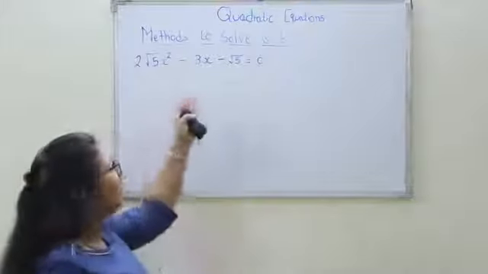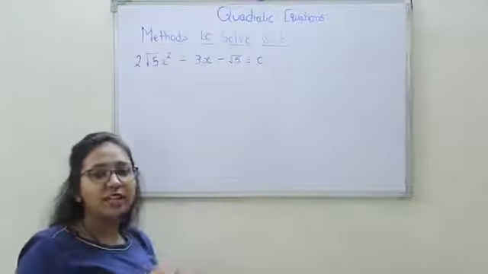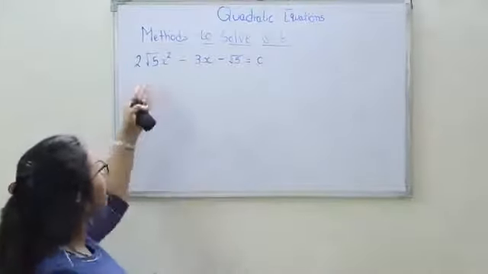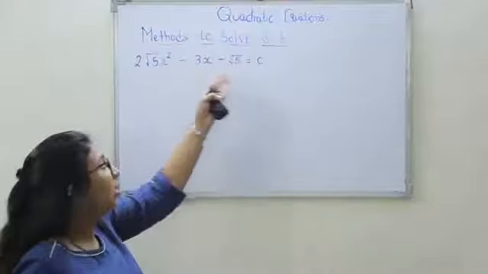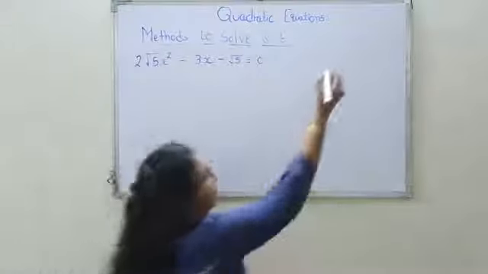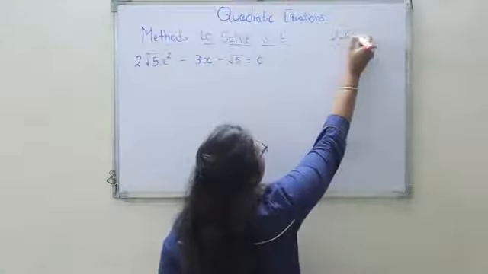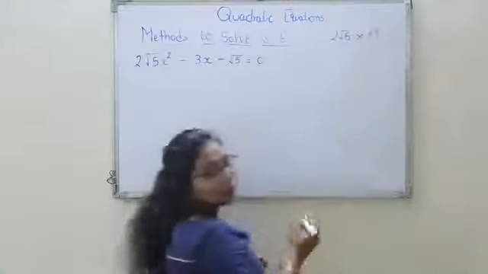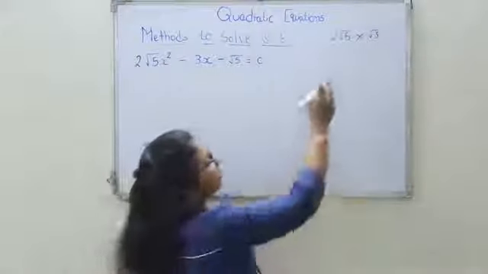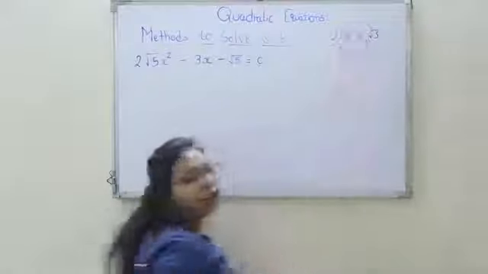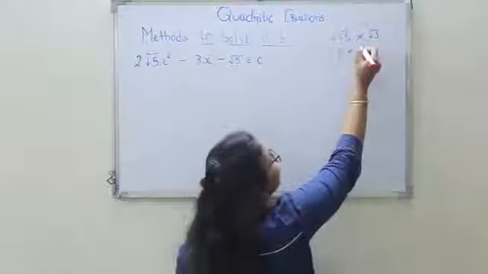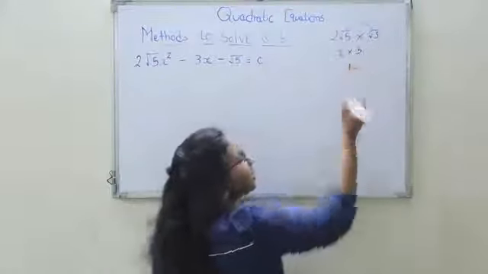The x square term, x term and constant are all on the left hand side, so done. We can start by multiplying the first term's number and the third term's number. The first term is 2 root 5 and the third term is root 5. How we will multiply: rational with rational, so here there is no rational, so 2 as it is, into irrational with irrational, root 5 into root 5, as you know, is 5. So 5 into 2 is nothing but 10.